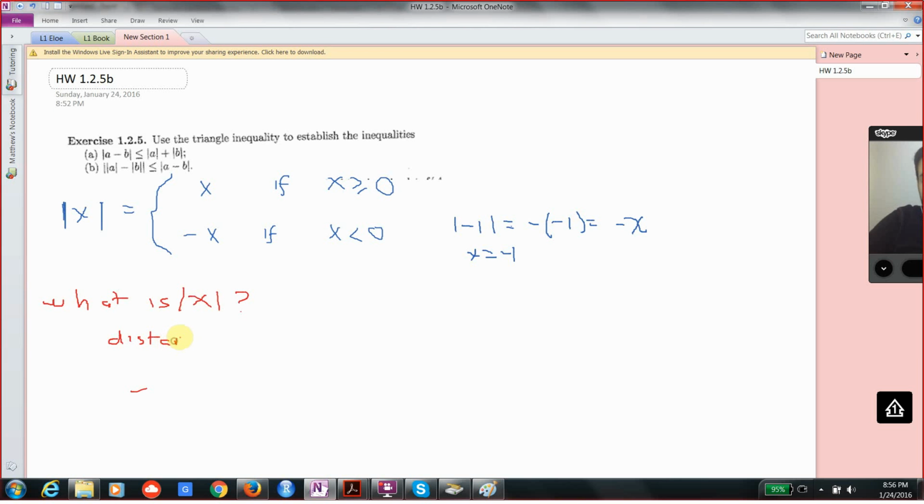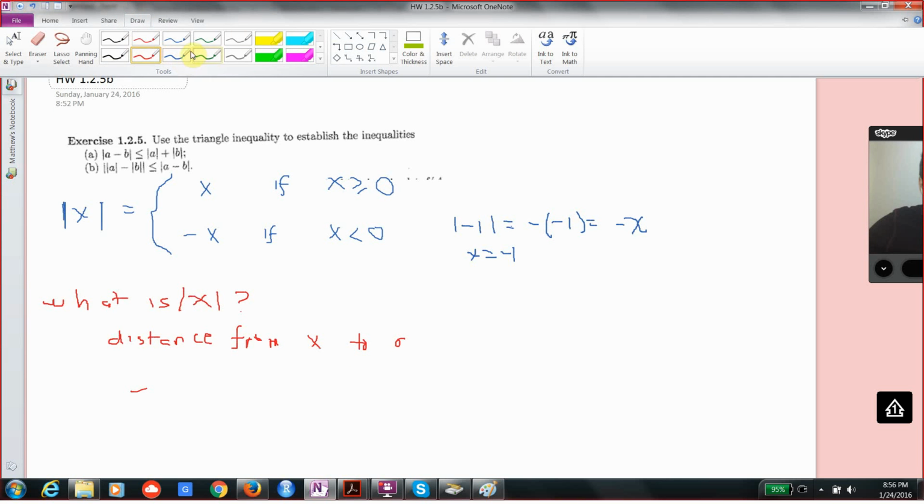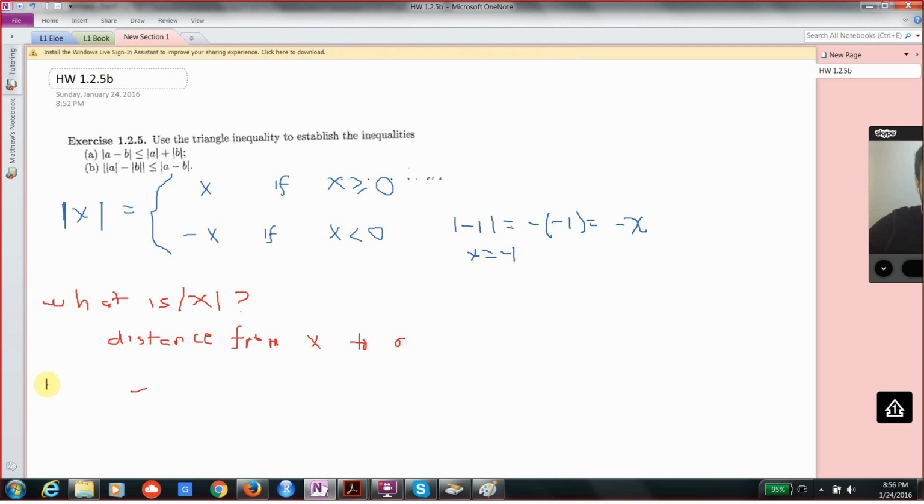Yes. Good. Now we want to prove some really simple facts from x to 0, to the origin. We want to prove something that seems really easy, but we have to prove it. So this is the first thing we're going to prove, that the absolute value of x is always between